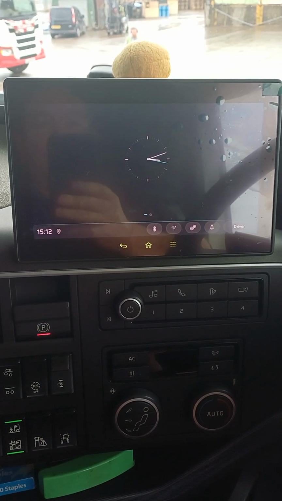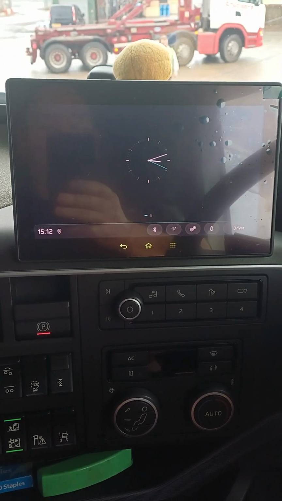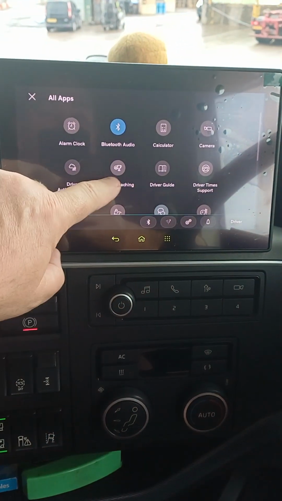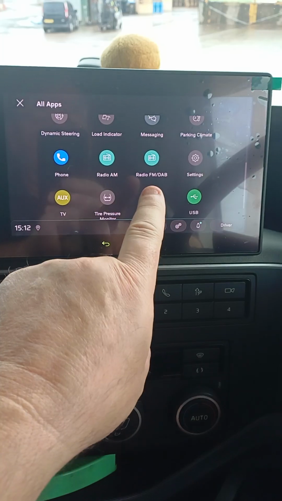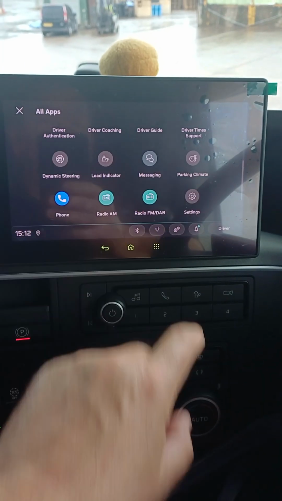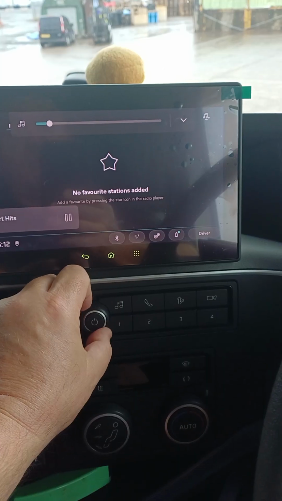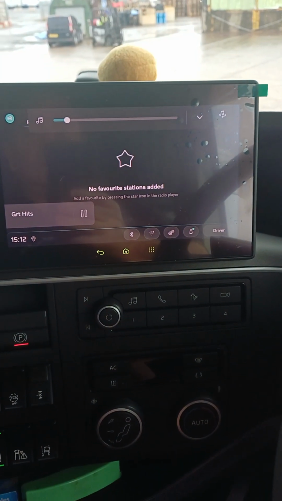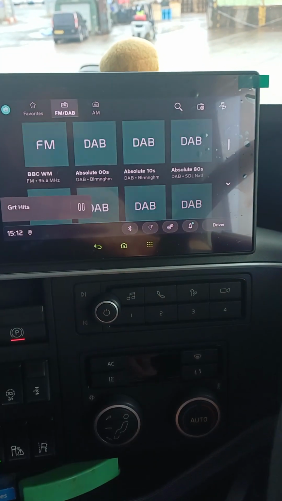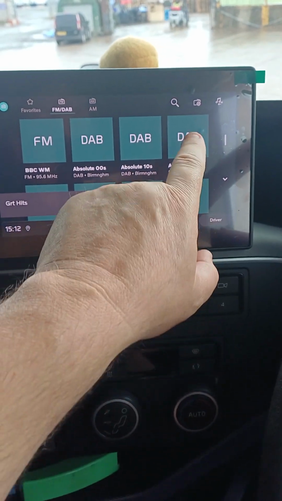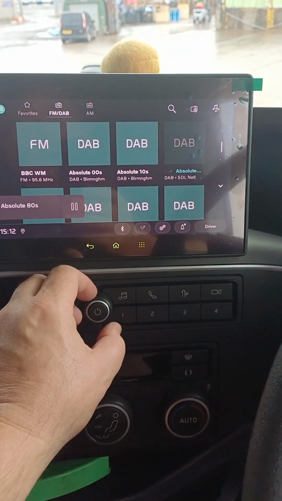And then when you're happy with it, we're going to press the little dots at the bottom, which is that one there. Get into the radio menu, which is the green one there, radio FM DAB. Tap that. As you can see, it's brought it back up. So we're then going to go into FM DAB and find a radio station, a random one. Let's go absolute 80s. Tap that, and as you can see,